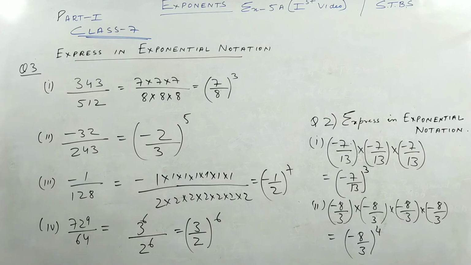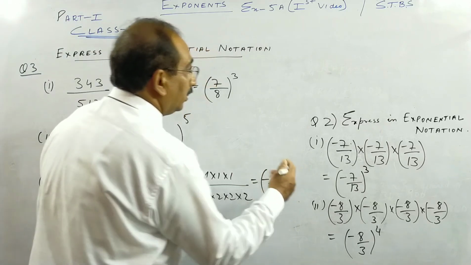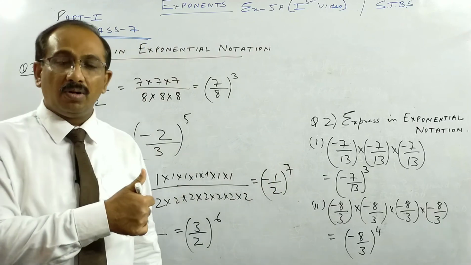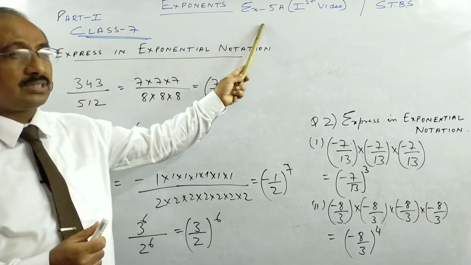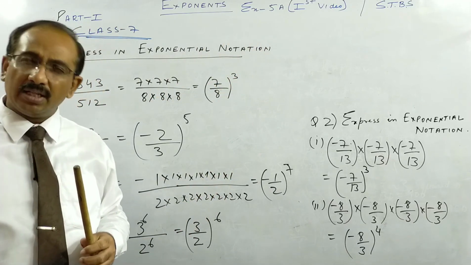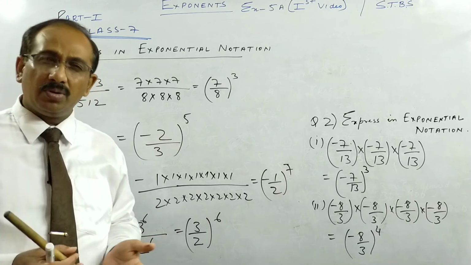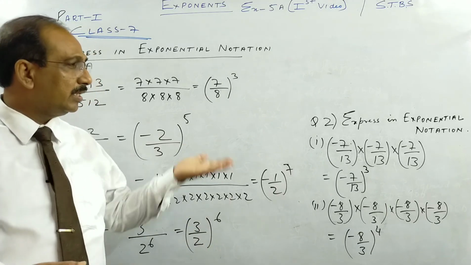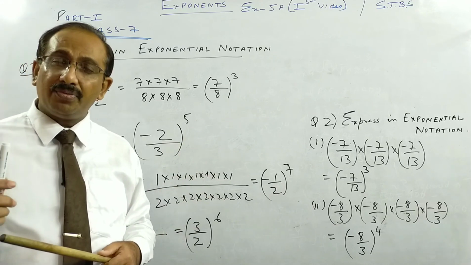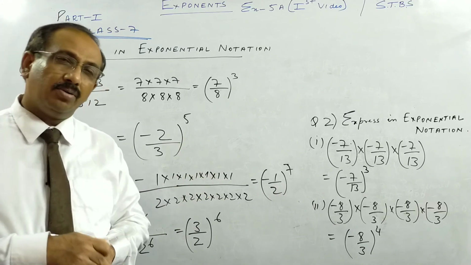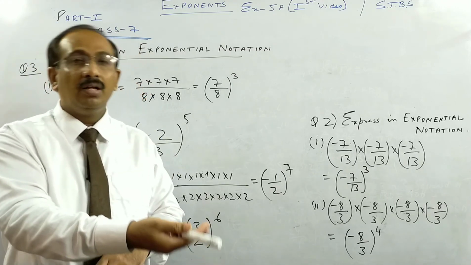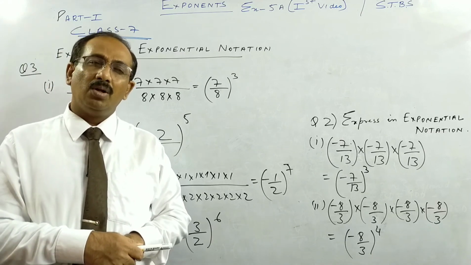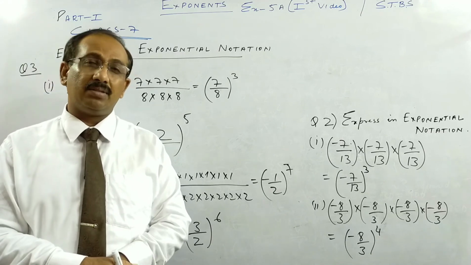Okay, so that's why I told you, children, you need to be good in tables plus all this squared and all. So today I have done all the questions from 1 to 3 of this exercise. Any other book you are using, you can see that book also. It's very good. If you have any reference book, you can solve from that, and there are plenty of solved examples, children, which are very good. So please practice what I told you, and after doing, please see this 2-3 times. Okay, write them, solve them and practice them.